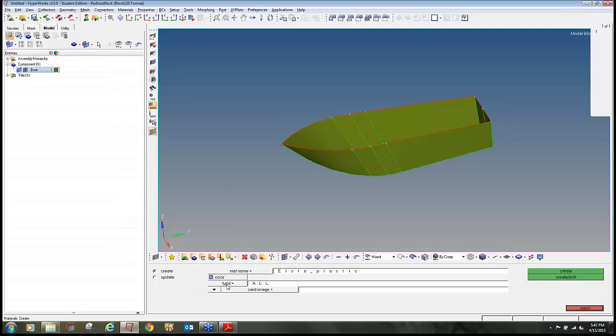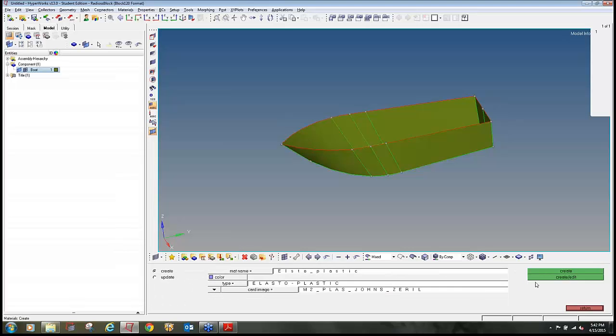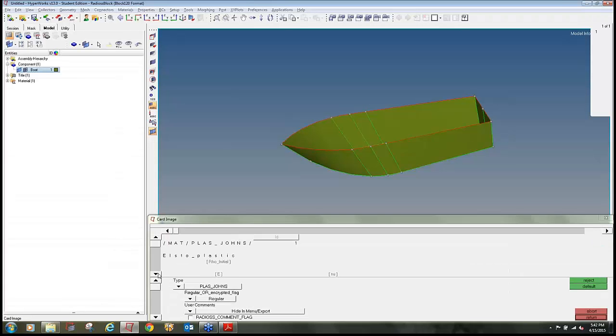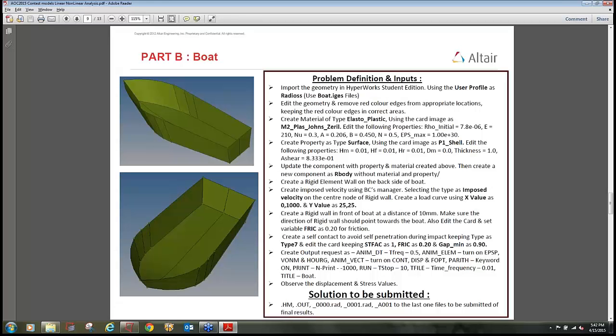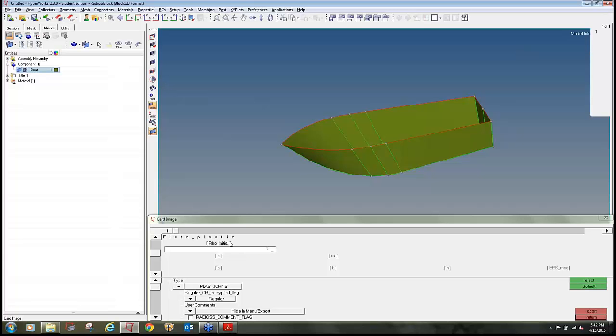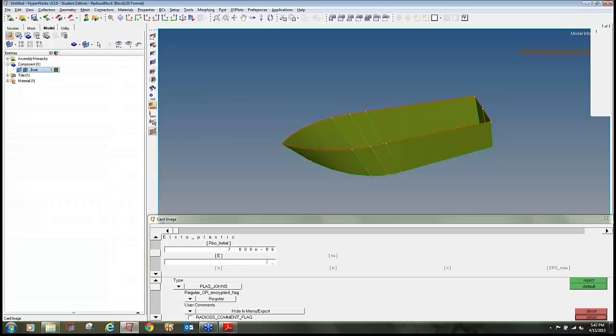Define a color, type elastoplastic, card image M2L, and giving the values of rho initial which is 7.8 e to the power minus 6, then value of E which is 210, then nu which is 0.3,